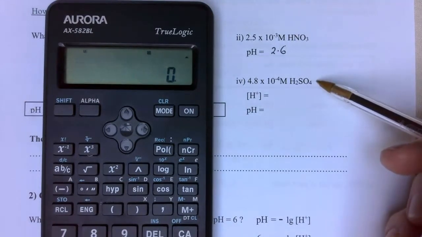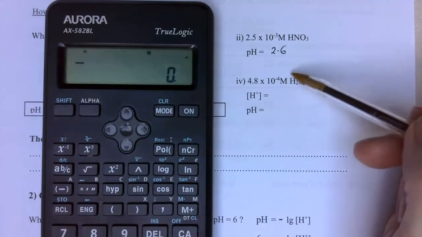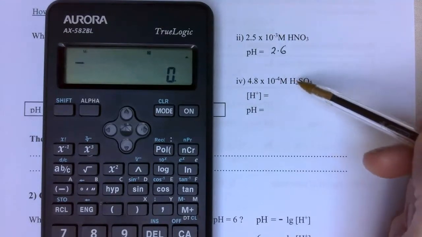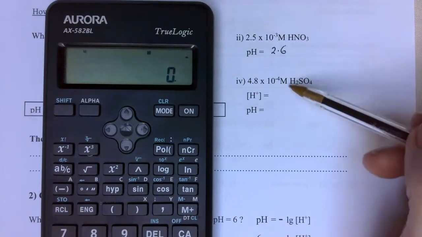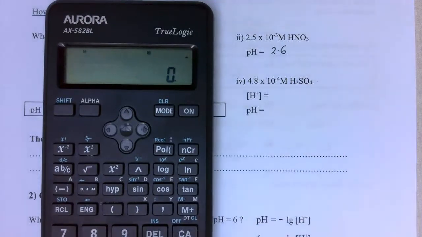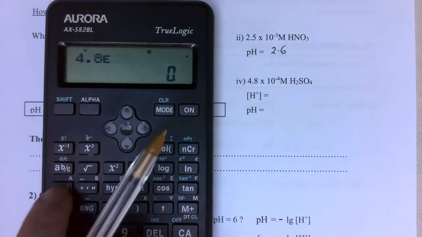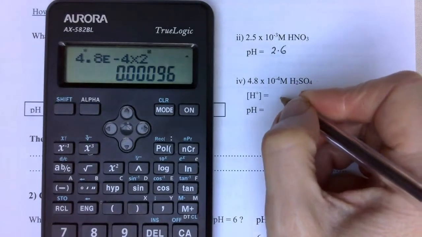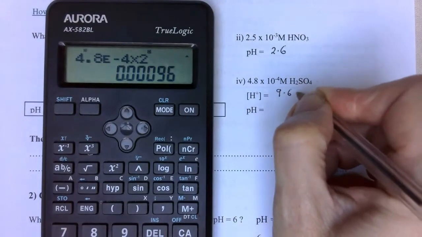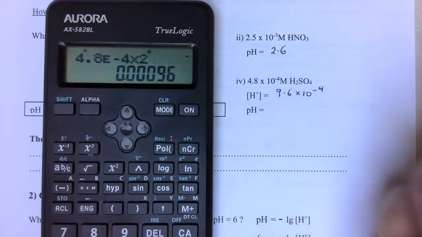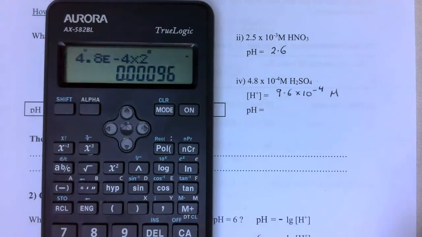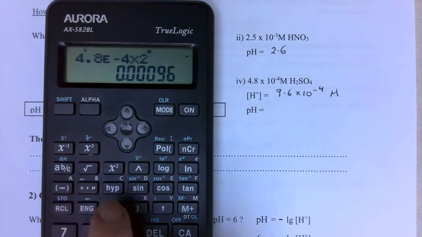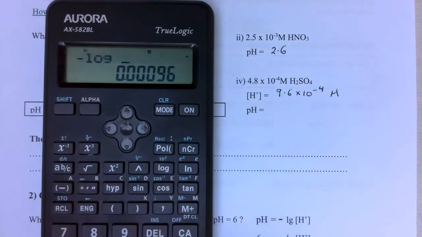Last but not least, the more difficult one, sulfuric acid. Now this is more difficult because it's H2SO4. So for every 1 mole of sulfuric acid, I will eventually get 2 moles of hydrogen ions. So I have 4.8 times 10 to the minus 4 as my concentration of my sulfuric acid, but that will be times 2 for the concentration of my hydrogen ions. So I have 9.6 times 10 to the minus 4 moles per decimeter cubed. So again, working out my pH, negative log of that number, my answer, and that equals